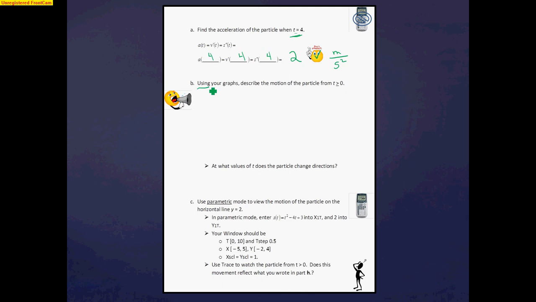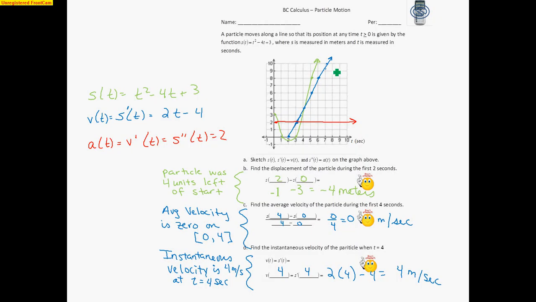Now, using the graphs, describe. And describe means yep, the motion of the particle. So I'm actually going to go to a picture of what I wrote so I can talk and not have to talk and write at the same time. So if you advance the screen, there's a picture of what I've drawn. I know I have different colors on this one. I switched my red and green, but